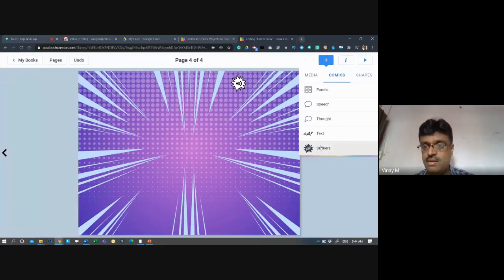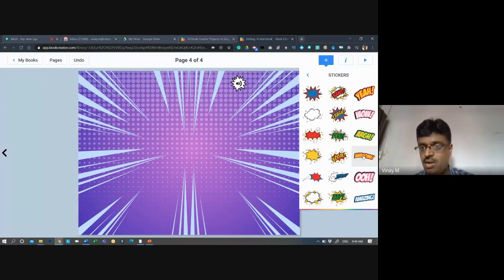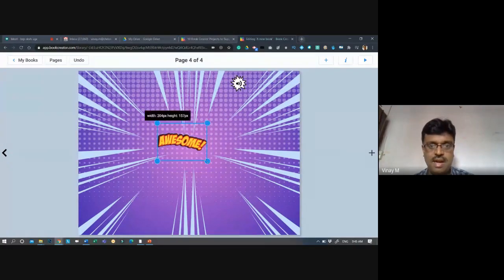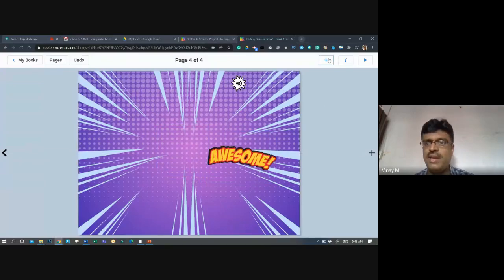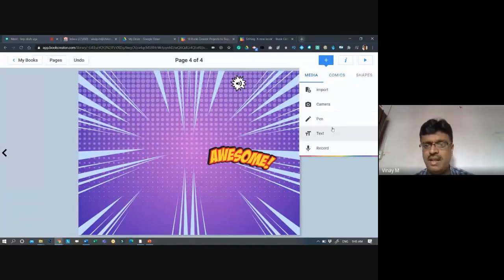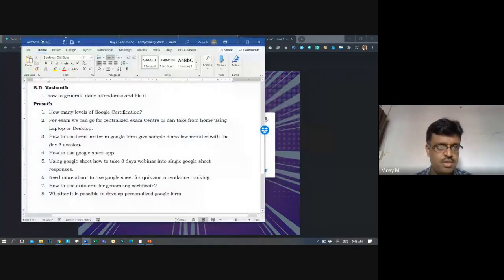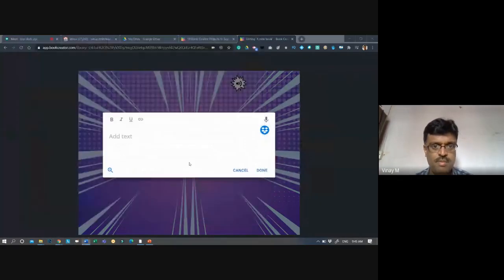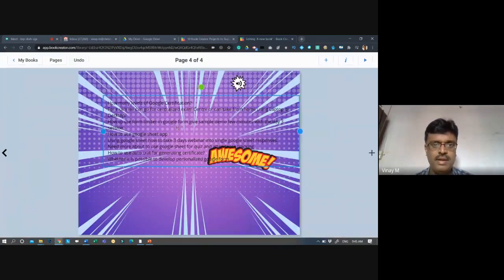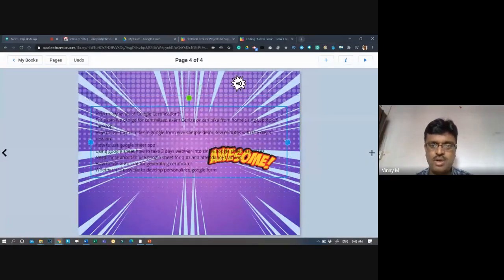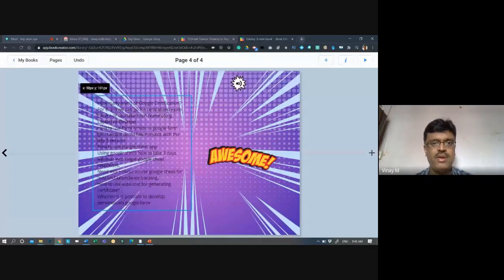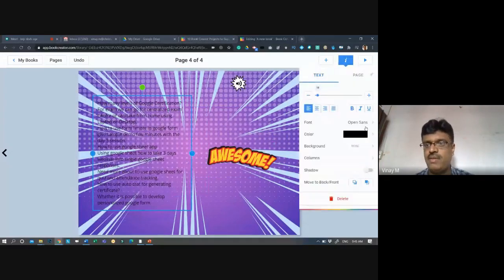And then a sticker, some more I will add. Awesome, put it here. And you can add your content, text content, bring it from a Word, Excel, PowerPoint. Anything you would like to copy paste is fine. For example, say some questions were there yesterday, I just copy that, I will put it here, click done, my text is there. You can adjust color and size, you have to adjust a little bit, it takes time, but you can do that part here. Basic part I will do.